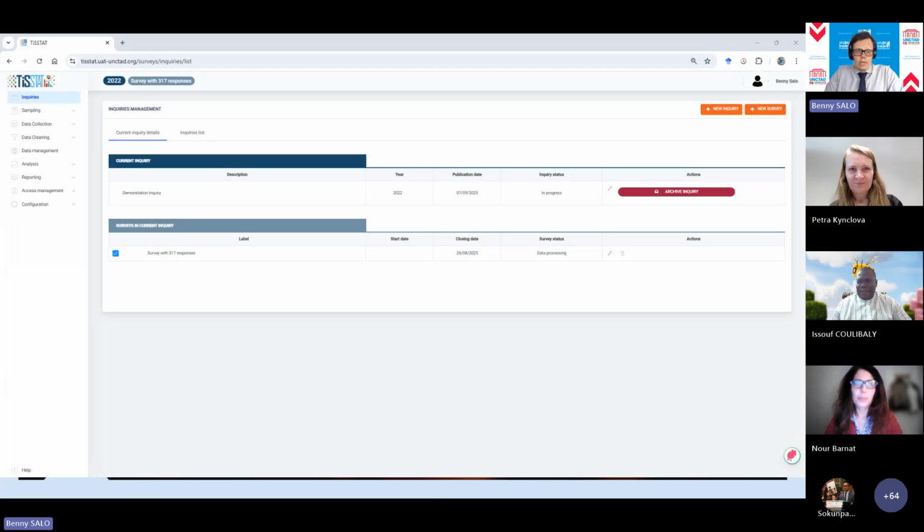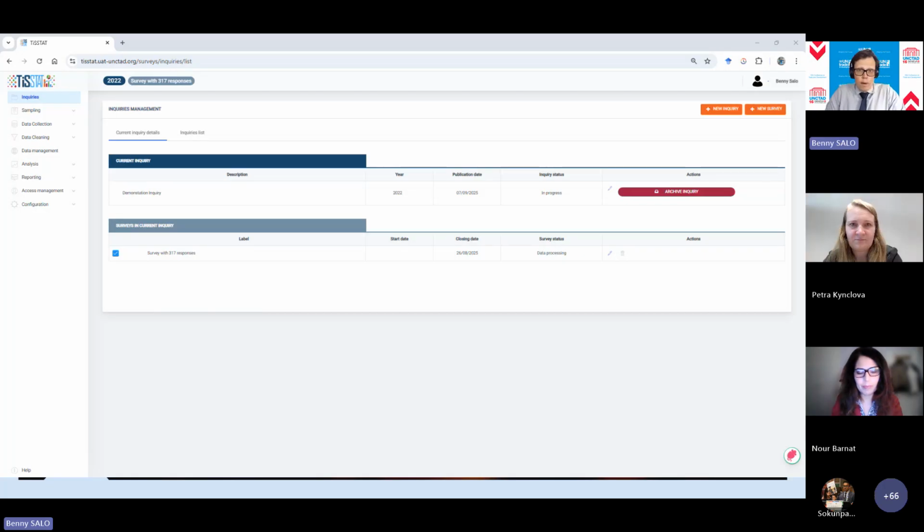This is what TiSSTAT looks like. It is an application that you access through a browser. The way we operate is that we install the application locally on the servers at the survey institution. That is to guarantee that the process and the data are fully owned by the survey institution. It is accessed through a browser, meaning that you can have multiple people accessing the same database at the same time. You can do that with people in multiple roles.